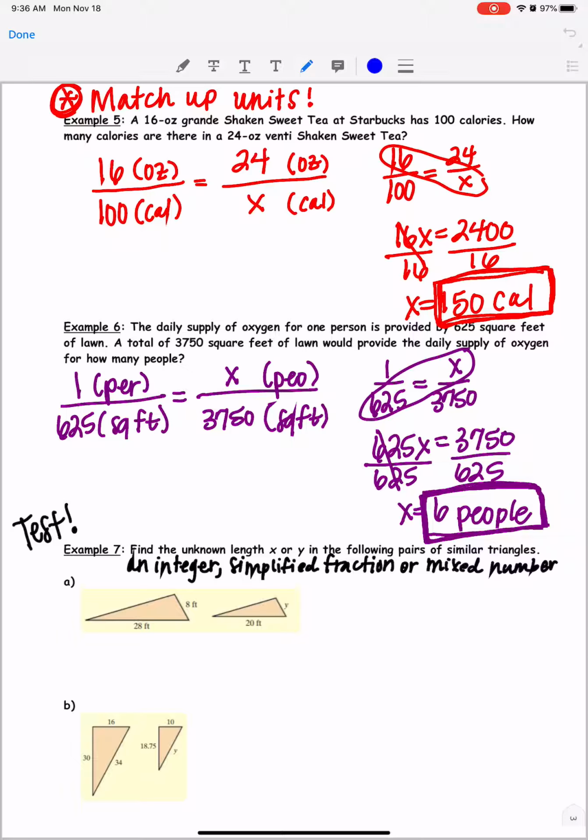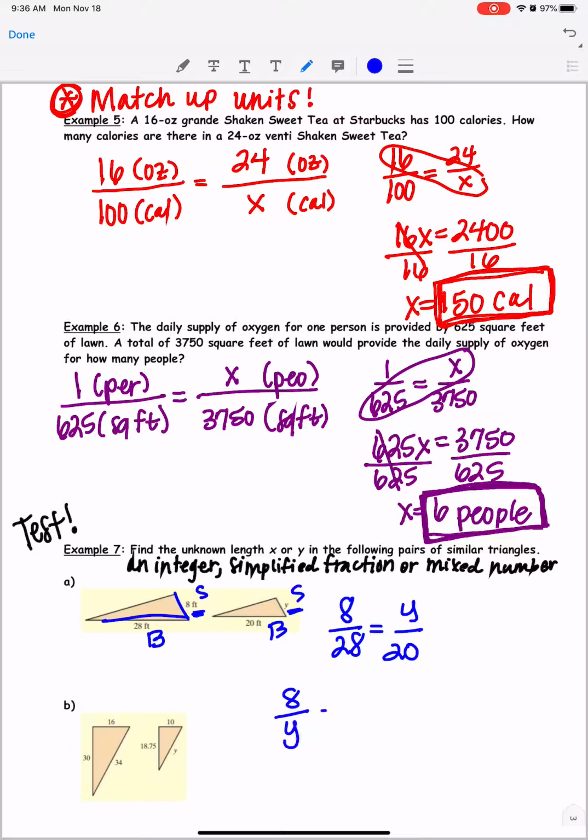So find the length of the unknown. Find the unknown length. So set up your proportion. If I go 8 over 28, I went from the side to the bottom, so we've got to go side to bottom again and do y over 20. Now this is what I mean by there's multiple ways to work these out and set up this proportion. We could have also done 8 over y